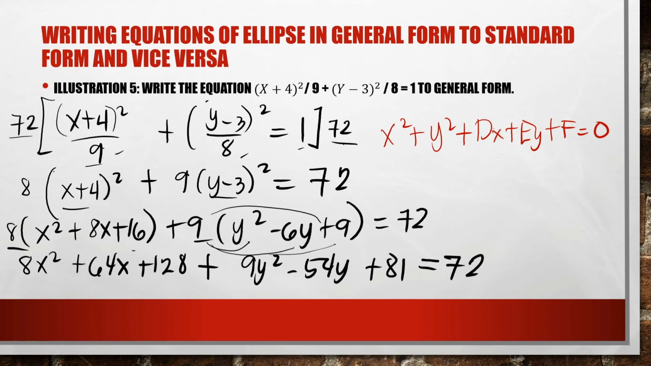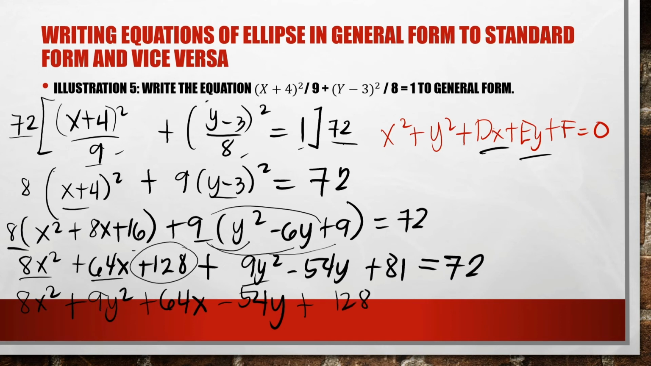So, unahin muna natin yung x squared, yung may x squared. So, 8x squared plus y squared, ito yun, so 9y squared. And then, yung dx, 64x. And then, minus 54y plus yung constant natin, 128 plus 81 minus 72. So, lipat natin ito sa kabilang side para ma-simplify yung mga constant. Then, yung final answer natin is